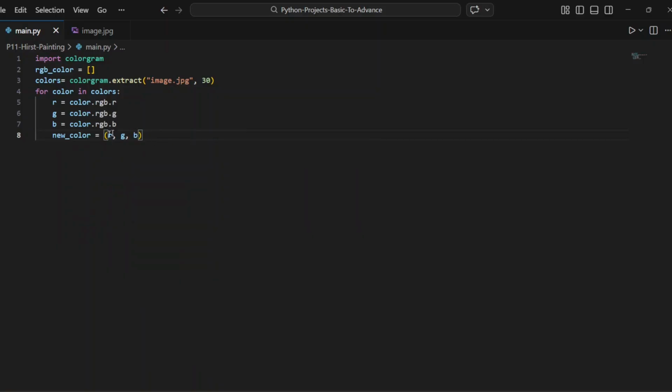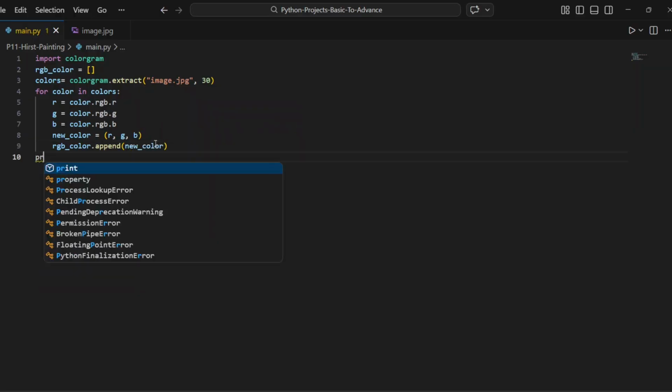So this will give us RGB values each from 0 to 255, and let's append it to our list as rgb_colors.append(new_color) and print our RGB list,